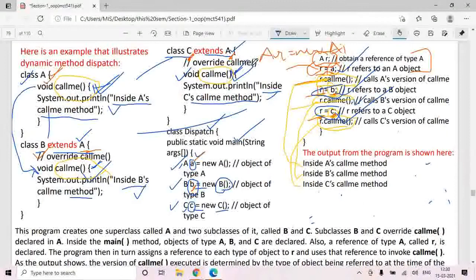This is runtime polymorphism or a dynamic method dispatch.